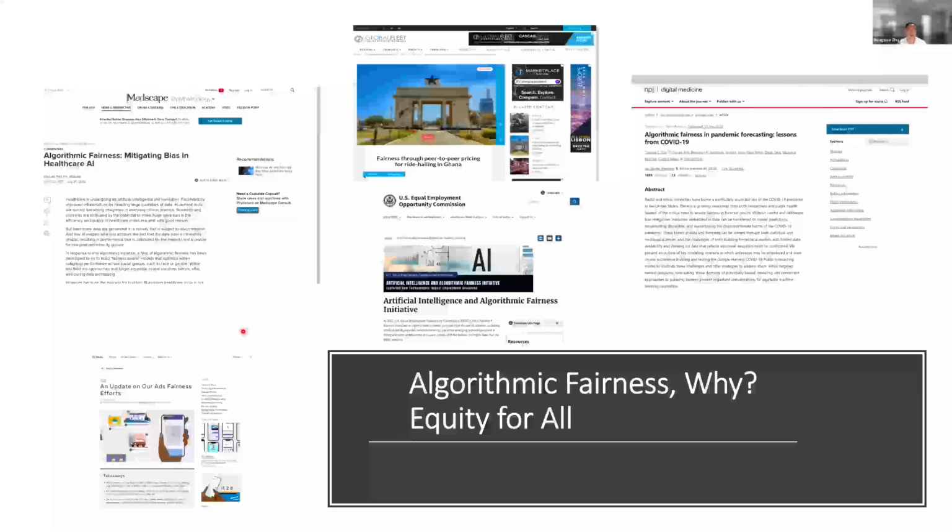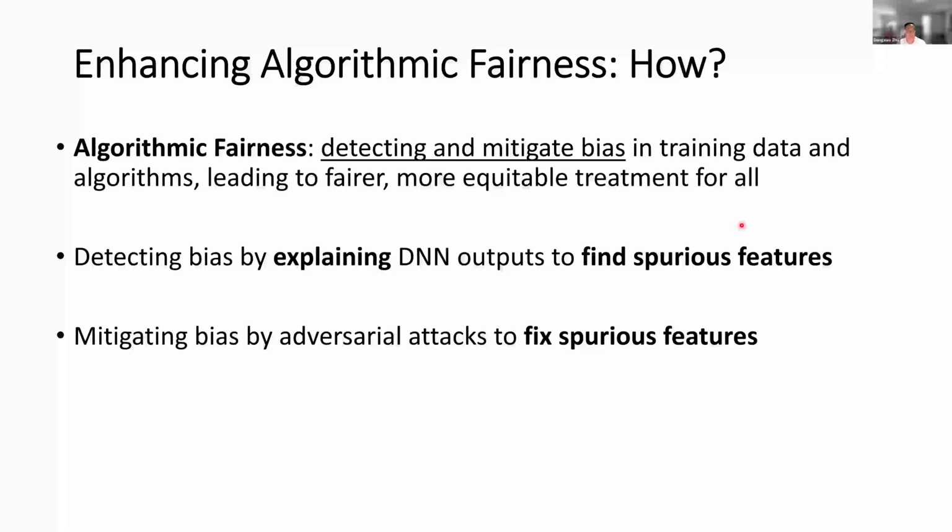So first, why algorithm fairness is important. Of course, it aligns with our social values, right? And it's equity for all. No matter what area or science domain we come from, like health, humanity, law, and finance, we all hope to have equal outcomes across the groups, particularly for the underrepresented groups. So here, our approach from the algorithm side is to first detect and mitigate the bias in the training data, and then